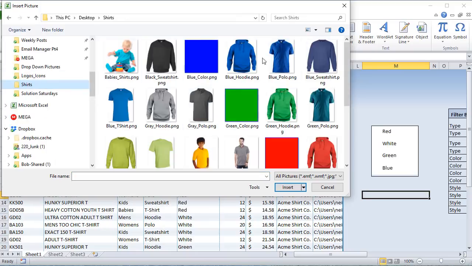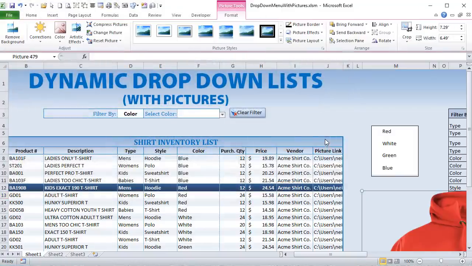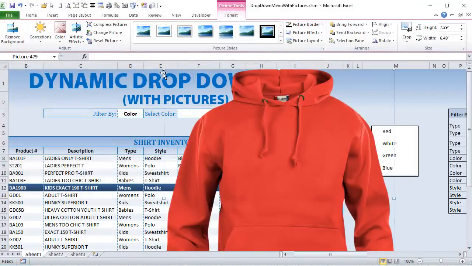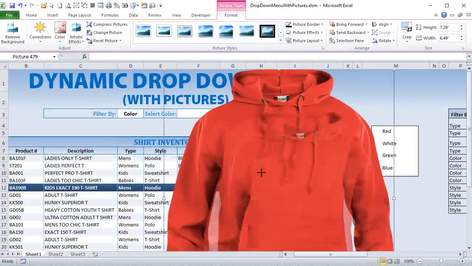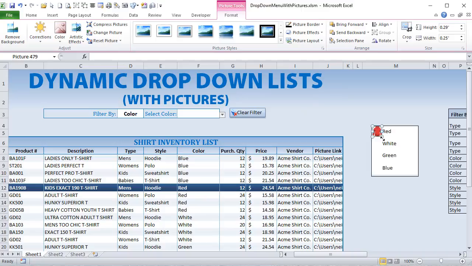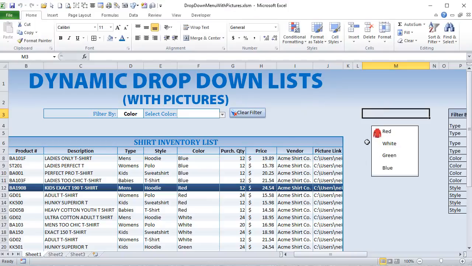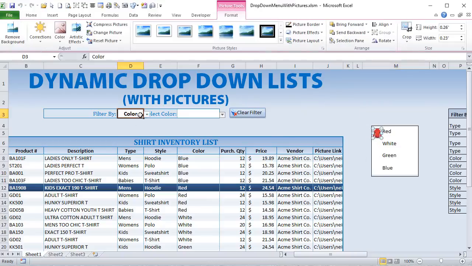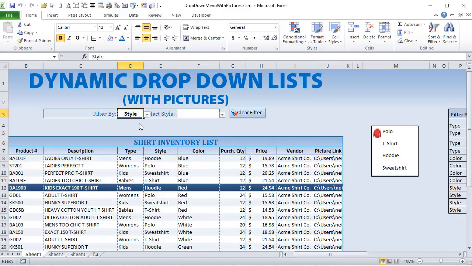So let's just say we have this red hoodie here. What I'm going to do through VBA is just take that, set a specific size. So I'll set the size in VBA very, very small, and then we'll just make it here like this. So we'll put that icon right there, and I'm going to place it right here in relation to the shape, and then I'm going to do that for all of them. Of course, this would be hoodies. So for example, this one would be style, and we put the hoodie down here, so we want the hoodie. So that's how basically we're going to do it,